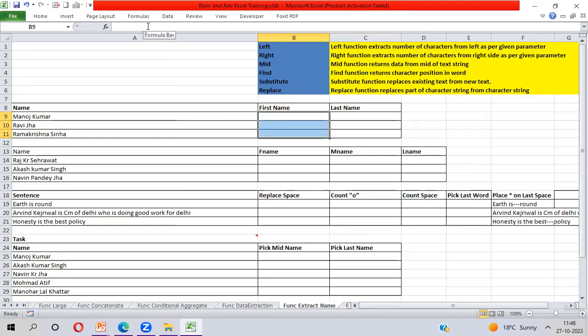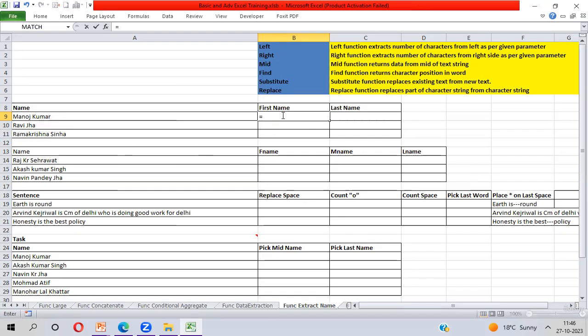You should be aware of the FIND function. I have already discussed the FIND and SEARCH functions in a previous video, so you can go through that video, and then it will be easier for you. First, what is the key point, before which character do you want to pick the first name? Before the blank, I want to pick all the characters from the left side. So first you need to pick the position of the blank.